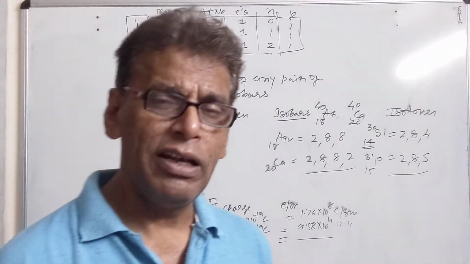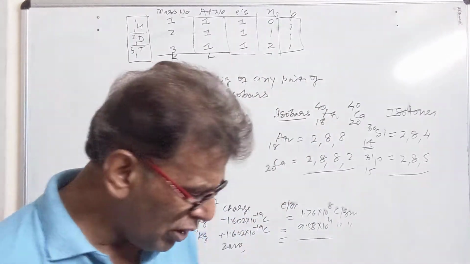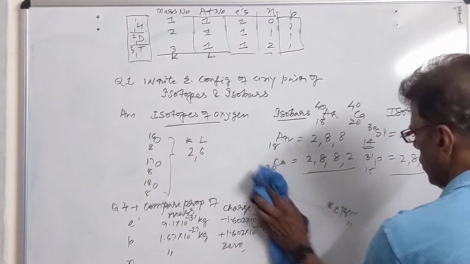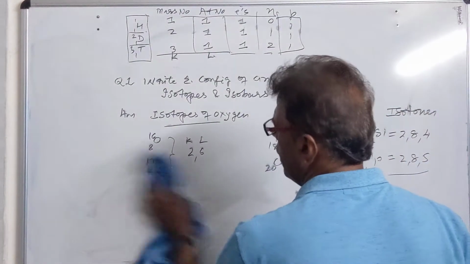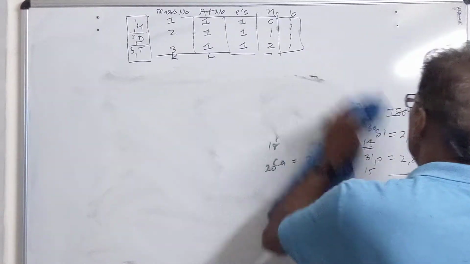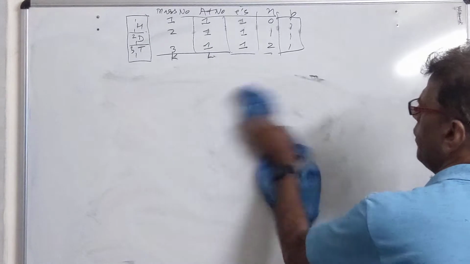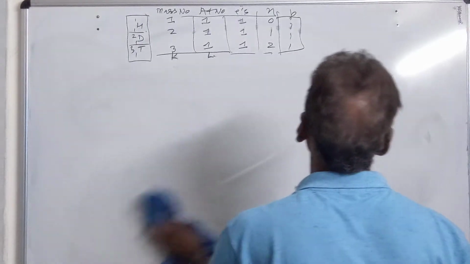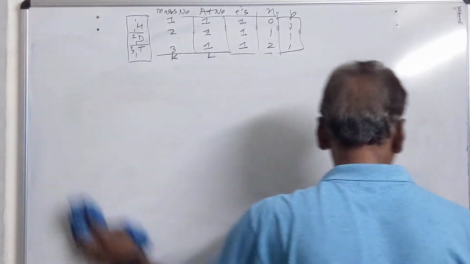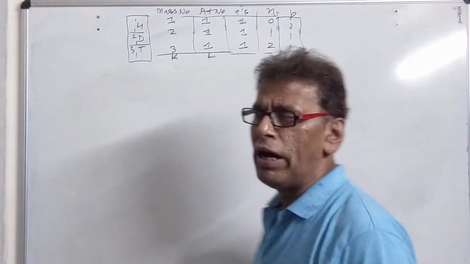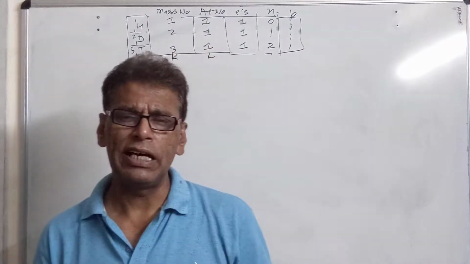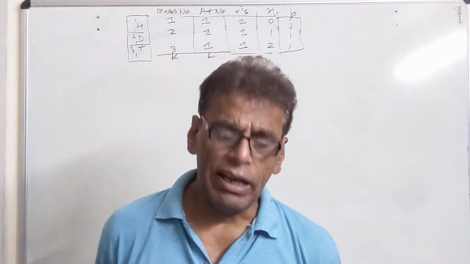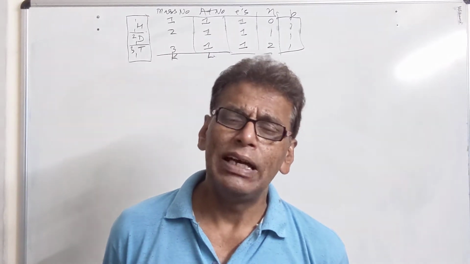Secondly, he could not explain the line spectrum of hydrogen, which was also a drawback of the Thomson model. It became a drawback of the Rutherford model also. Therefore, these two models were discarded, and then the Bohr model was proposed, which we have already discussed. In the Bohr model, it is said that electrons and protons are fixed. Protons remain in the nucleus, electrons keep on revolving in circular paths around the nucleus, and centripetal force and centrifugal force balance each other. So the electron cannot fall into the nucleus, so the atom is stable.